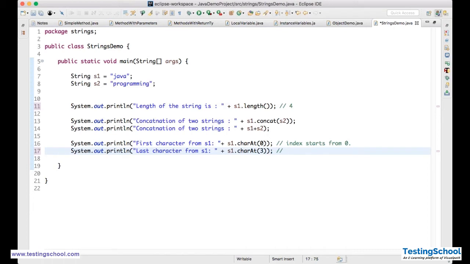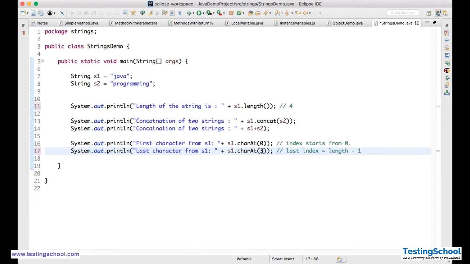So length minus 1 will be the last index, right? Last index is equal to length minus 1. Length means 4, minus 1 means 3. Then charAt 3, right? Then how can you achieve that?